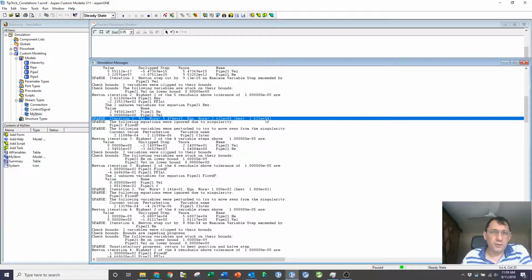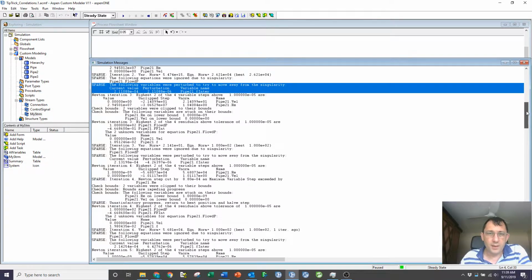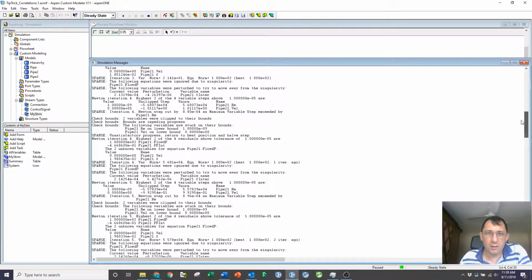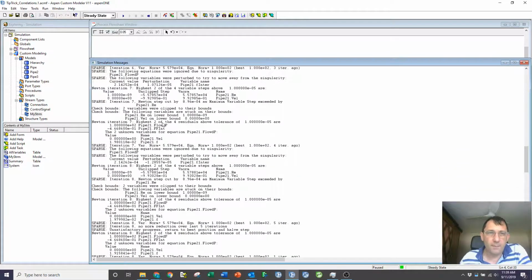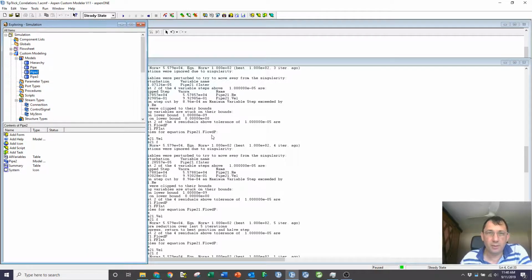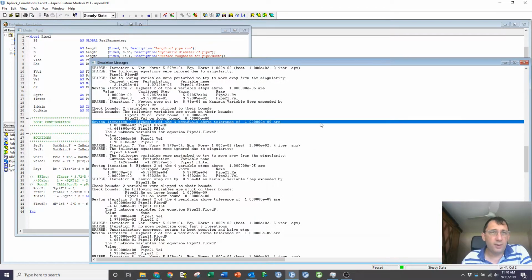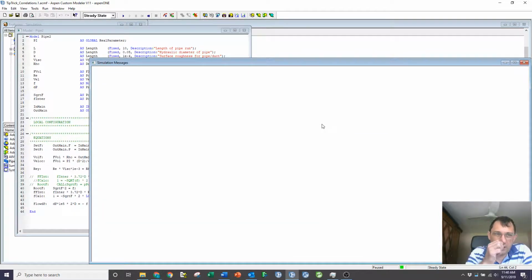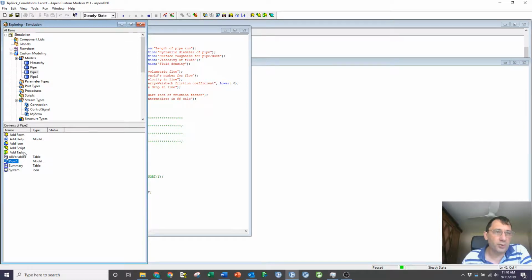I am improving my solution, but now I've got a singularity, so it's arbitrarily perturbing F inter. That's not great. So if I keep looking at it and keep coming down, it's then run into some sort of trouble, and it's really not converging that DP flow relationship. And again, it's the DP flow relationship because it's labeled DP flow, and I've labeled that with the equation here. The bright among you may have spotted the error already, but it took me a little while to get there. So let me show you what I did to troubleshoot this.